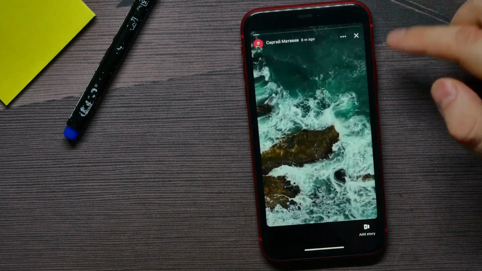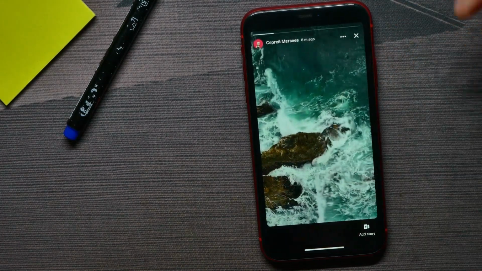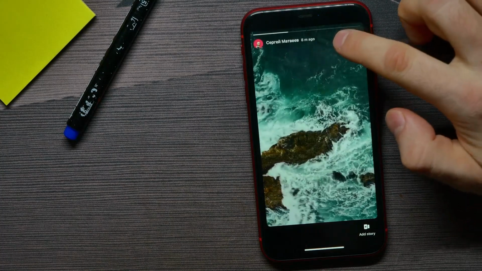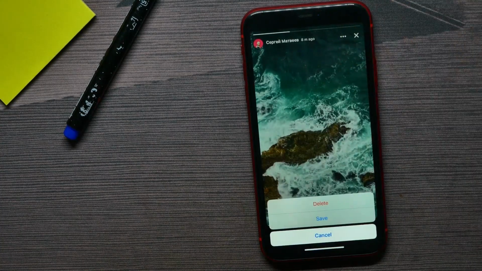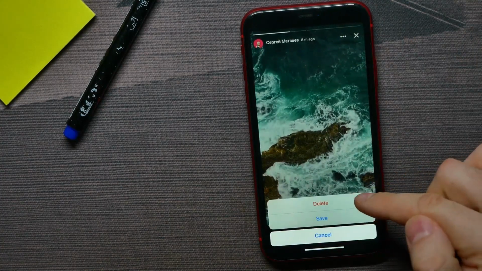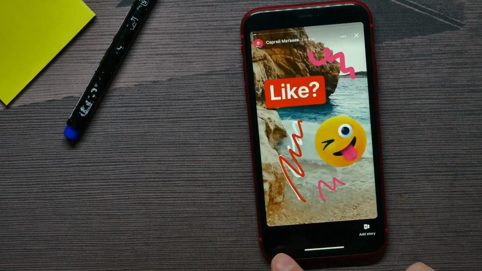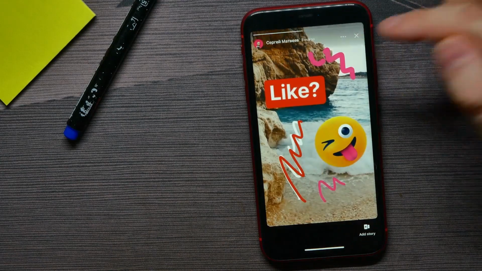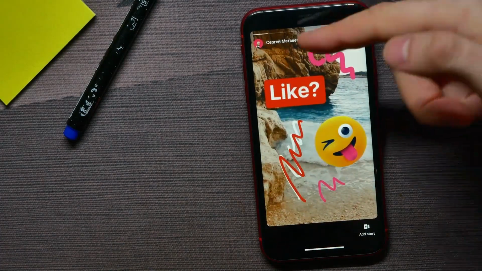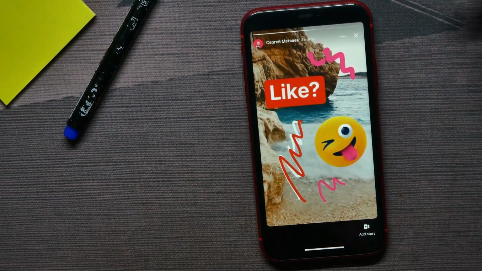So let's say I want to remove that story and all I have to do here is just hit this 3 dots icon and there hit Delete. And now the story is being deleted and now as you see I got just one story here and I